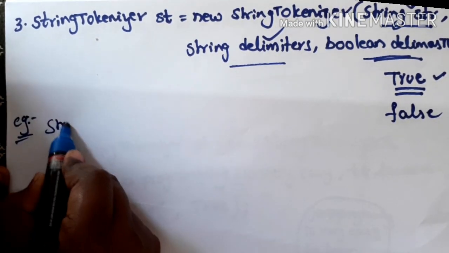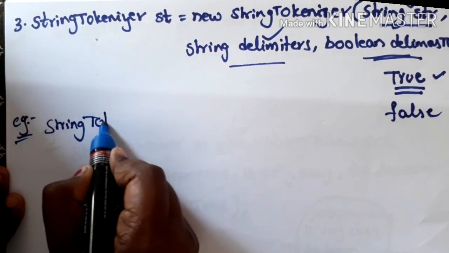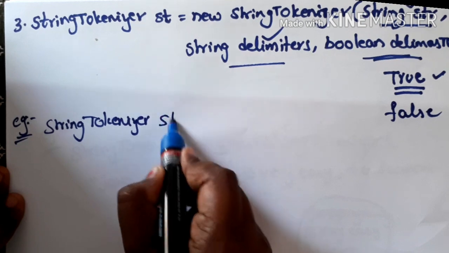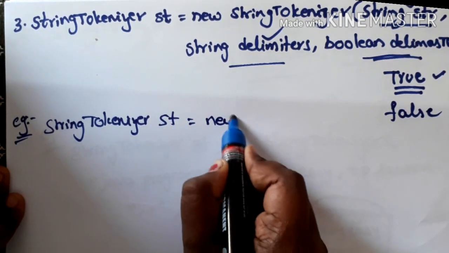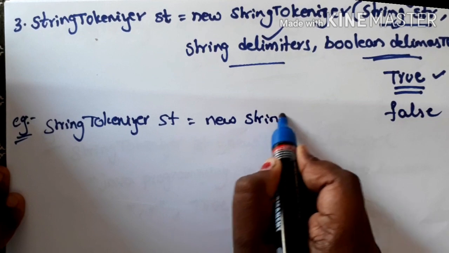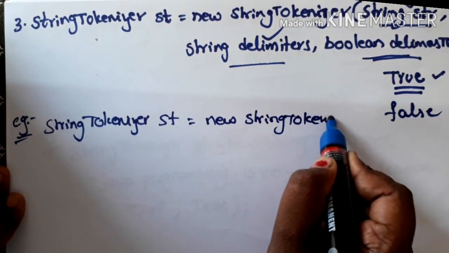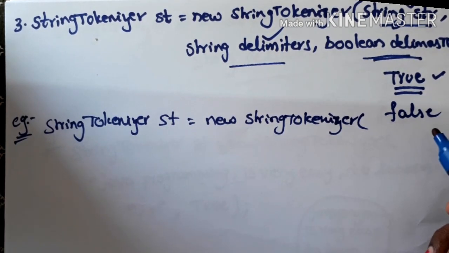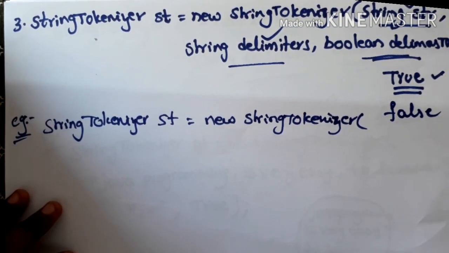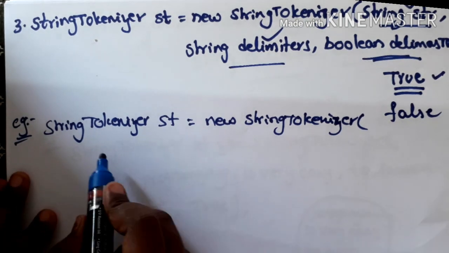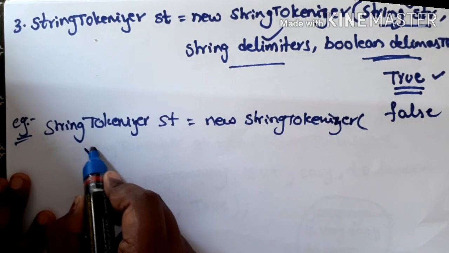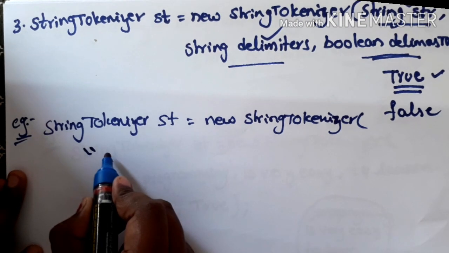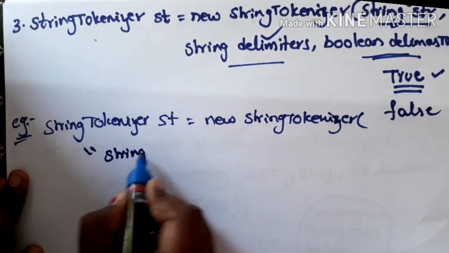Okay, so example: StringTokenizer st = new StringTokenizer( ... So what is the first parameter I have to pass here? First parameter is the string which I want to tokenize, right? I am mentioning it here. So I want to tokenize the string: StringTokenizer